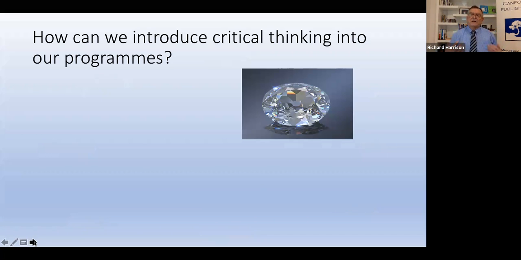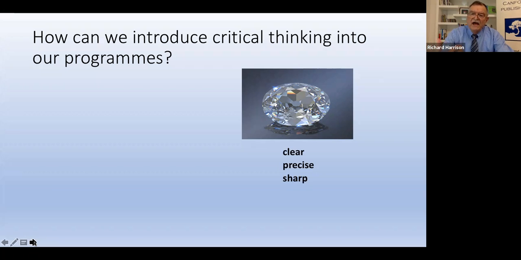Right, so let's get on to the main part of the talk. How can we introduce critical thinking into our programs? And for critical thinking, I like to use this image of a diamond. We all know what a diamond is like. It's clear, it's precise, it's sharp, it's incisive, and it's even sparkling. So this is the kind of thinking that we want to encourage in our students, and ourselves for that matter,